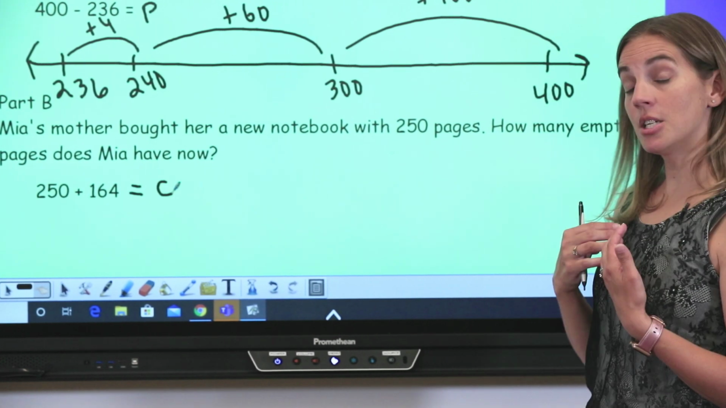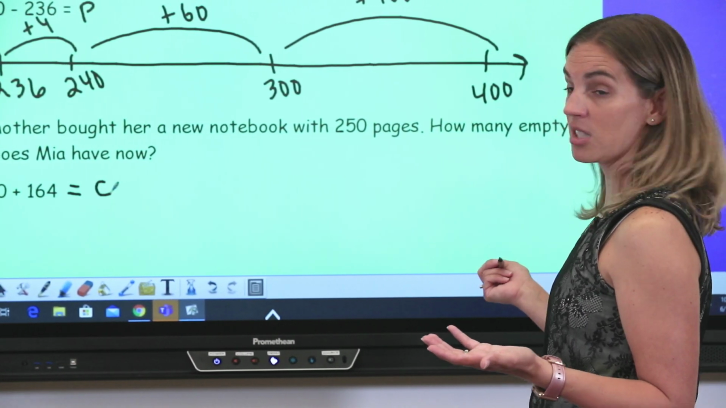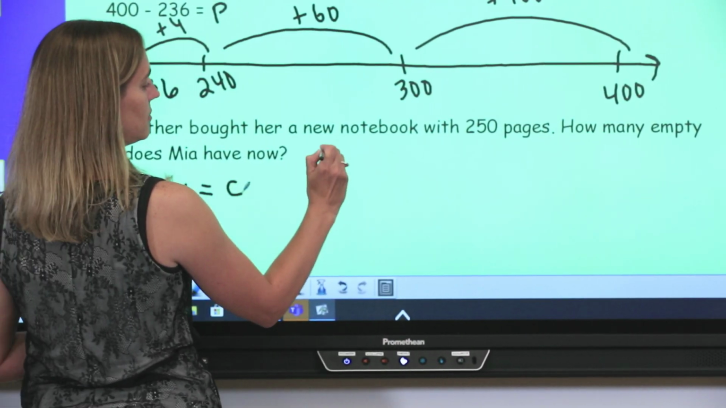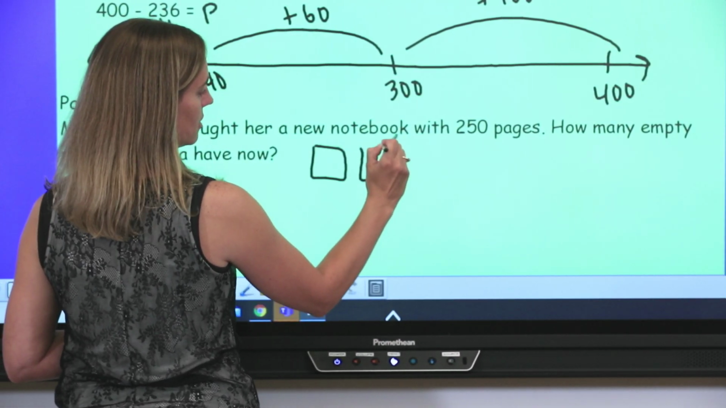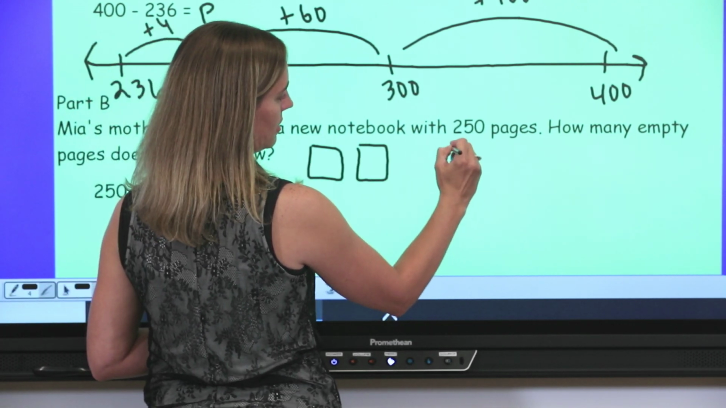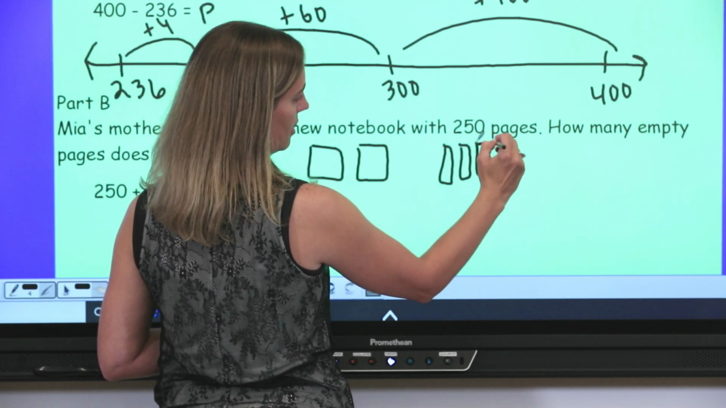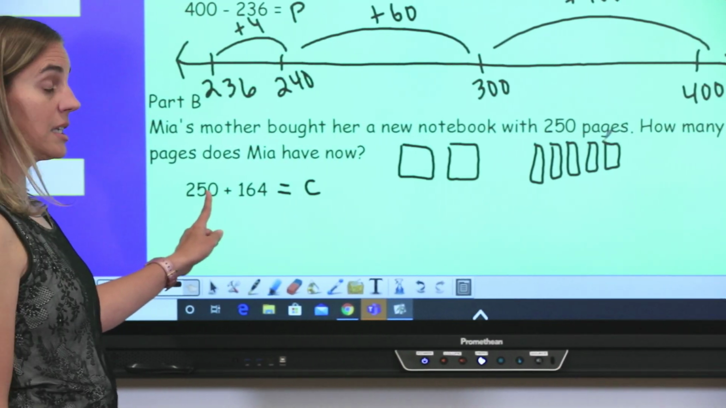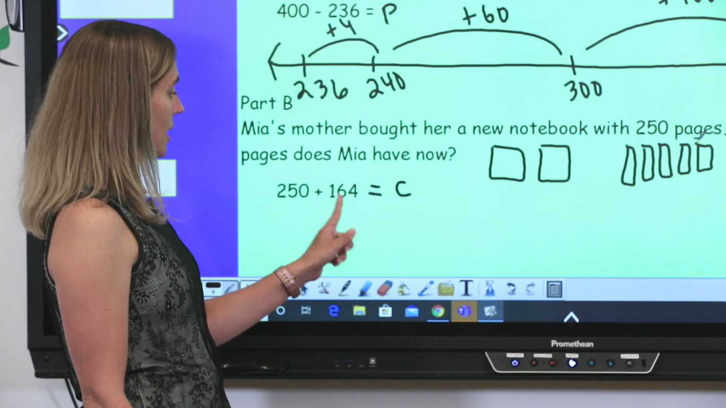Okay, I think what I'm going to do is I'm going to do base 10 blocks here. Okay, so I'm going to draw 250. So 200 and then 50, 10, 20, 30, 40, 50. I don't need to do any ones here because I have a 0 in my ones place. But I am going to have to draw ones for my